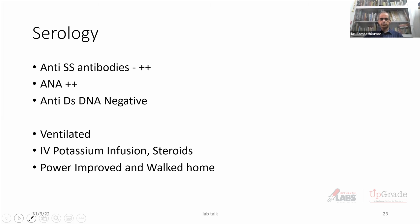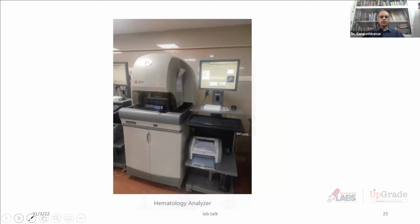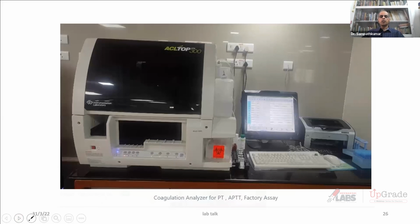She walked back home. So this tells you that in every little step that we take in the diagnostic and also therapeutic maneuver, Meenakshi Labs have been a great help. So starting from this urine analyzer, which tells us about the variety of urinary electrolyte profile, the hematology analyzer, which tells us about the variety of hematological changes and the clues that come out from this hematological workup of a patient with renal disease, and